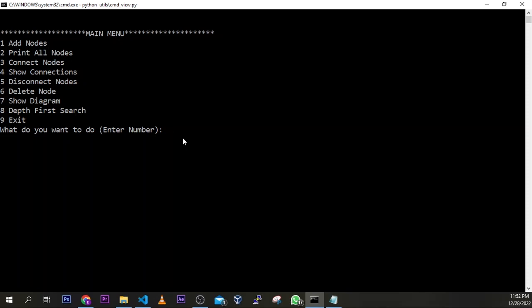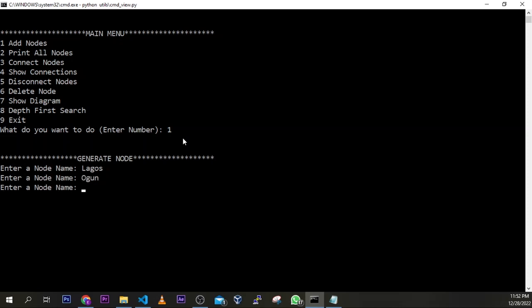Let's start with the first item, which is you enter 1. What do you want to do? Enter the number. So I'm going to enter 1. It's going to ask me what node I want to enter. So here I can say enter a node. The graph I want to create is for locations. I'm just going to use location as my graph type. So I'll say Lagos and say Ogun and Oyo